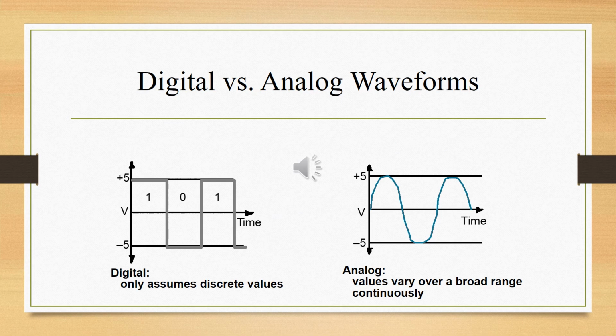So first, the difference between digital and analog waveforms. In real-time applications, we can communicate between two devices using analog waves. But considering the internal operation of all circuits using analog, the noise ratio and the distortion ratio, everything is increased in the case of analog. So we move to digital, where we can represent the entire design using only two values, one is 0 and another one is 1. So it is easy to maintain a digital system, and the noise level is also very low in digital. So this is the difference between digital and analog waveforms.